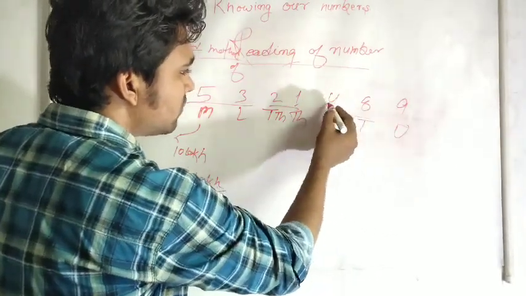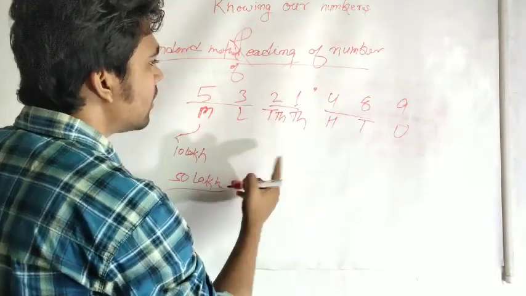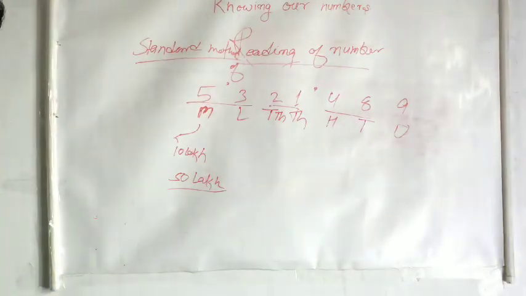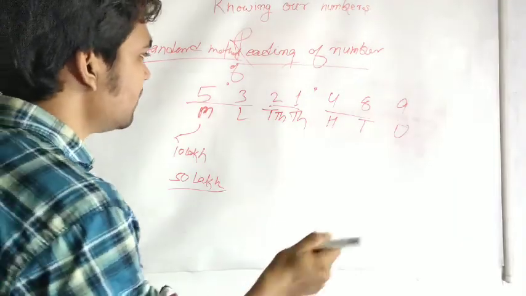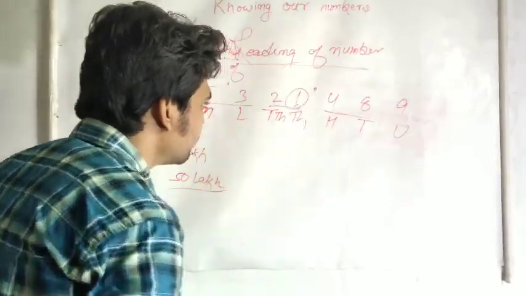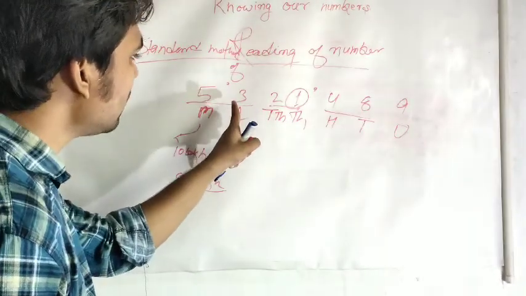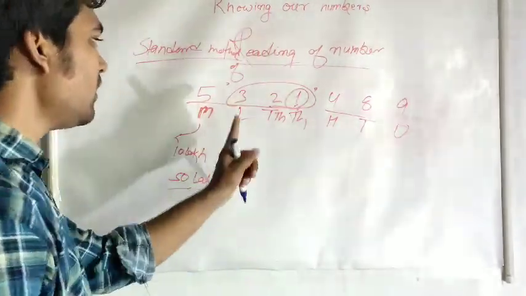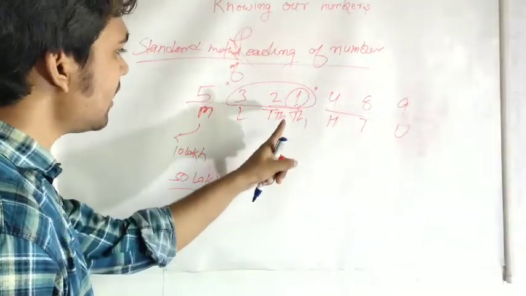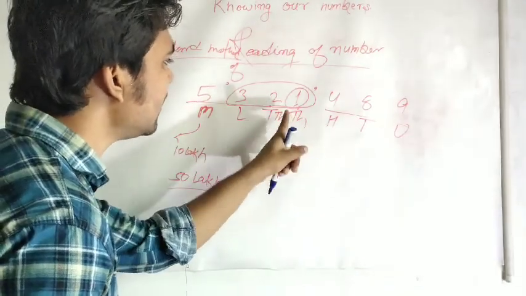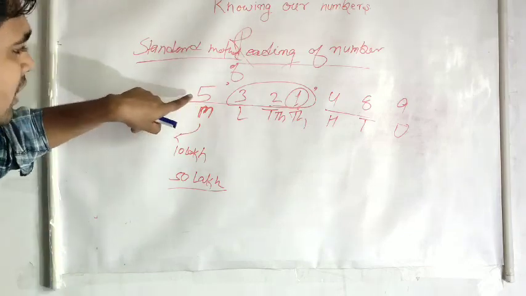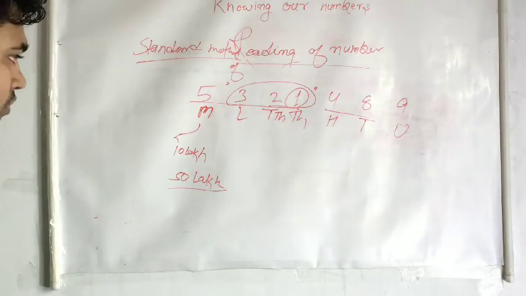So 1, 2, 3, the first comma is here. Again 1, 2, 3, that is the second comma here. So in the international method, we see that 1 is at the 1000 place. So we will read these 3 digits collectively in such a manner that we will call it in 1000 form, and this 5 in million form. So what do we read? We read it as